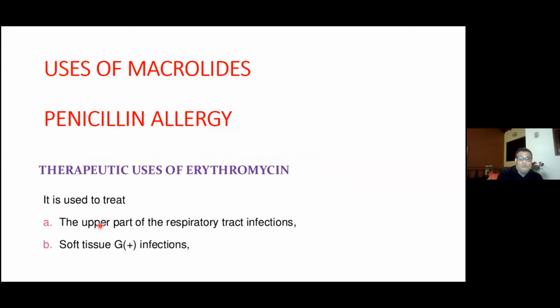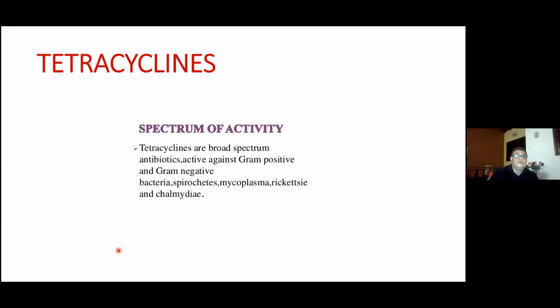Any infection involving the upper respiratory tract, like with penicillin, but this can actually be given in situations like sinusitis and bronchitis and all upper respiratory tract infections. So this could be considered in rhinosinusitis, which we also come across in our practice. They are effective against gram-positive infection. After that, we move to the third group, that is tetracyclines.